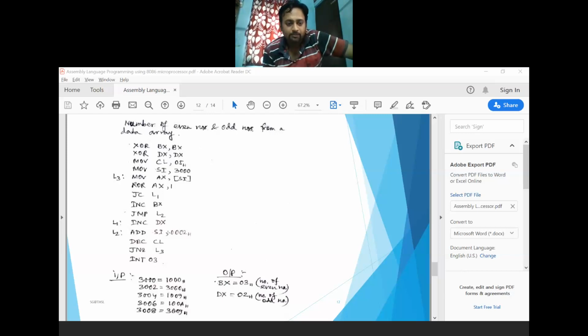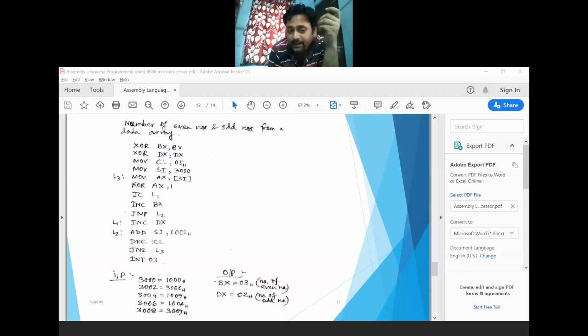Then it points to that memory location where you can get your next data byte, and from this position you need to decrement your counter, because one such operation, identification of an odd or even number, has been completed. So your counter must be decremented by 1 and checked whether it's 0 or not. That's why after DEC CL I have used JNZ L3.